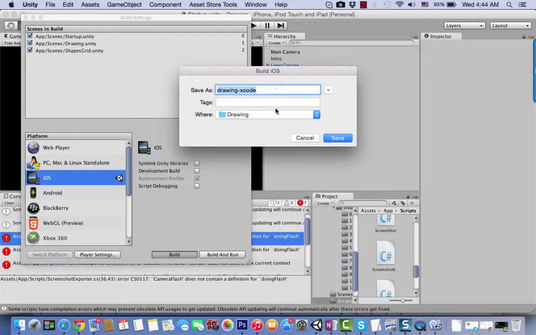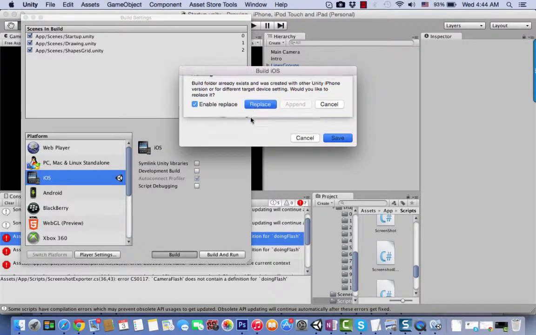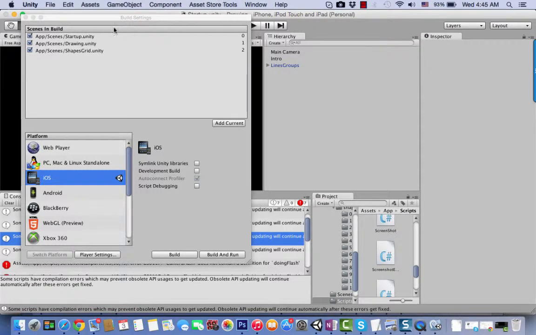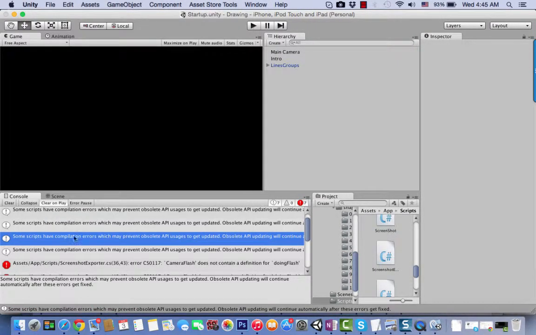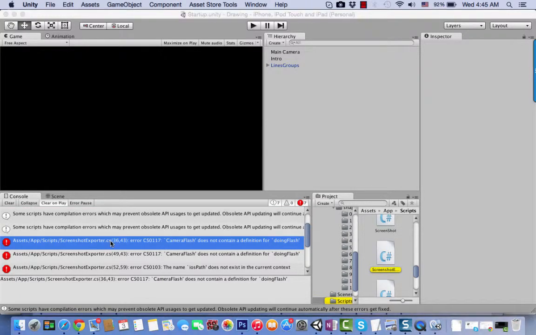So here you need to choose the location of the exporting of the package. I'm just gonna choose this location under my project drawing Xcode and just click save. Here you need to replace, and as you can see here we're trying to compile but we got an error, and this error is with screenshot explorer or exporter.cs. So you just click on this script,